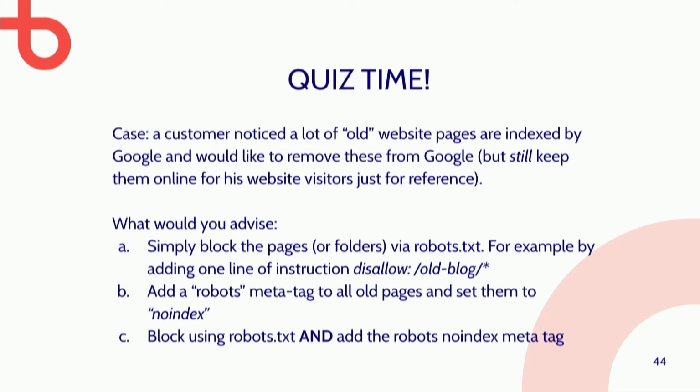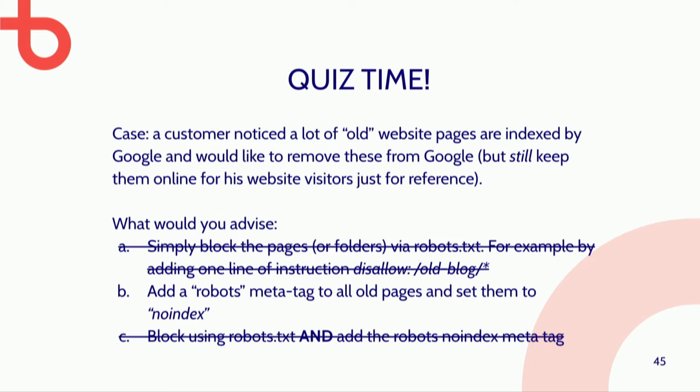Option A, you will block by using robots.txt. Nobody? Nobody. Option B, add a robots meta tag. A couple of hands. 3, 5, 6. And option C, playing it safe, blocking in robots.txt and blocking using a noindex. Okay, also 5 or something? A couple. So opinions are divided, but nobody chose A, which is definitely good, but it should have been